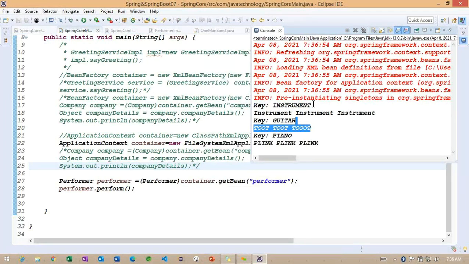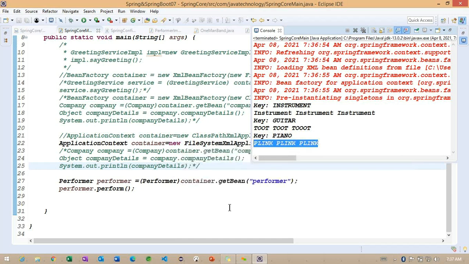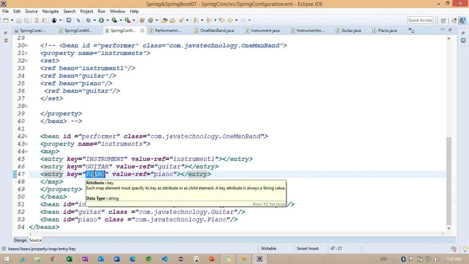Now you can observe the key we have is instrument. Once the key is printed, the play method is called. The key we have, guitar, gives the guitar related information. The key piano gives the piano related information. Whatever keys we specified in the configuration file, we get the same keys here. Getting the point? So that is about this map related example.